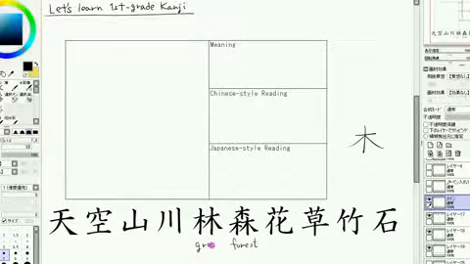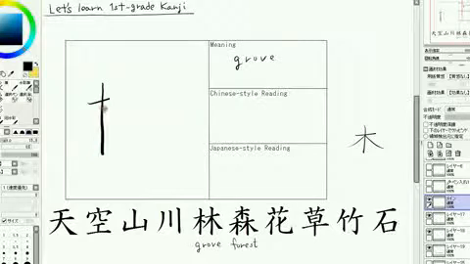Well, there isn't a word in English that matches this one, but how about grove? A small forest like that. So let me write it as grove, and how I write it is, well, the important part is you always make the left tree thinner, so you have to make the horizontal line very short, and usually you put the vertical line a little bit to the right in this line like that, and you stop it and you make a